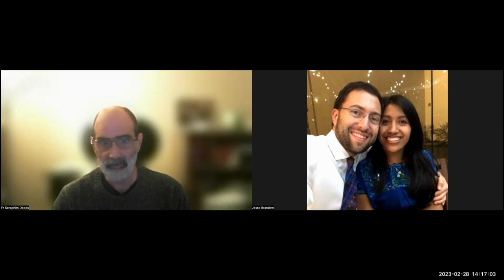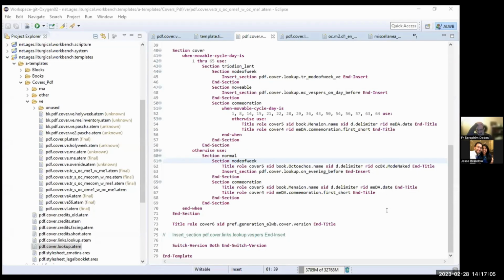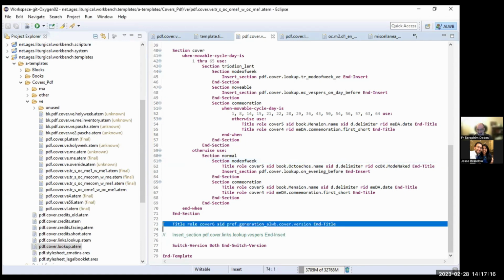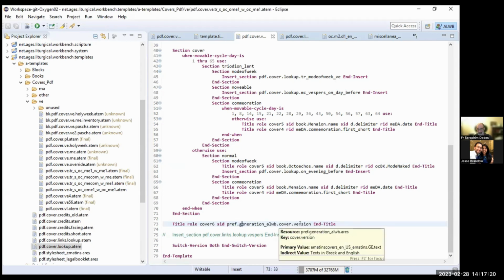Is anyone going to be able to do this? You just keep following it down the rabbit hole. Anyway, so we did all this, and then we get to this line: title, roll, cover 6, pref generation, ALWB cover version. So here it says texts in Greek and English, but how does it know to do that? Well, here's how. We'll click on it,